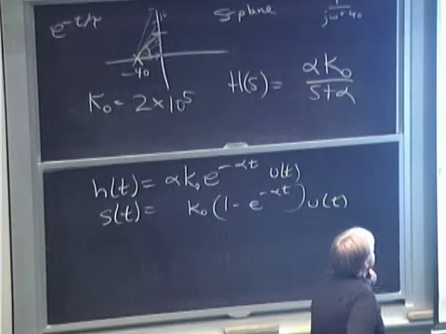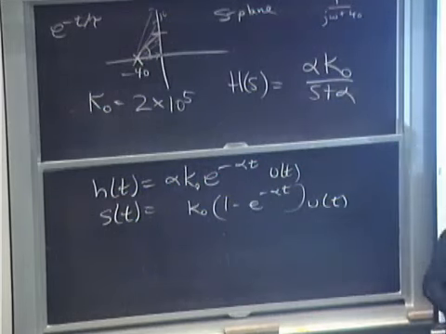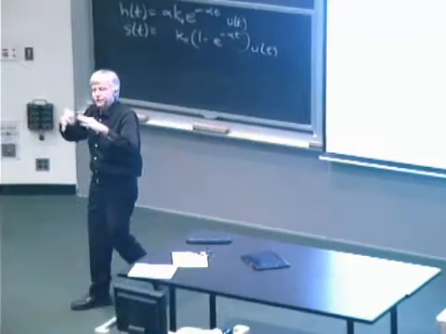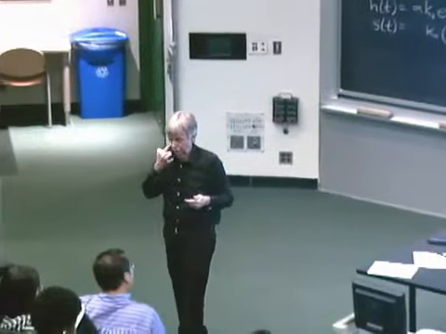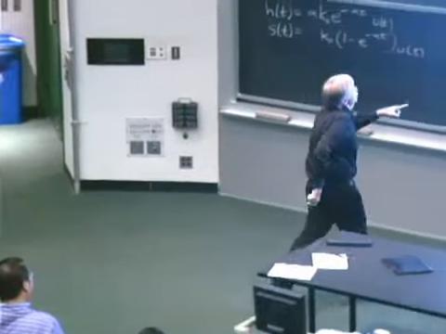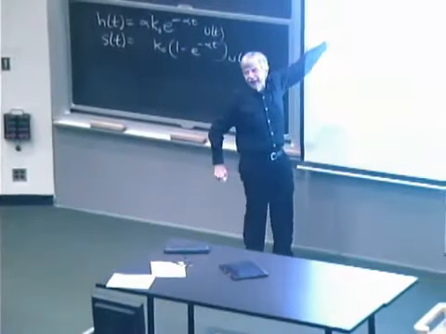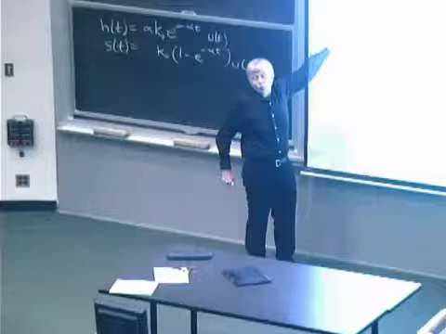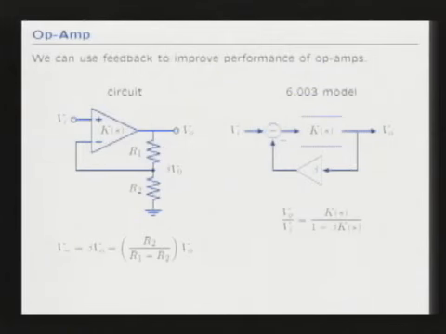So the idea would be we don't use the op-amp just out of the package the way it comes. We put it in a feedback loop. So for example, here you could put it into a non-inverting amplifier where you take the output, divide it by a voltage divider, and feed that back in. In 6003, the way we'll think about that is that the effect of this plus and minus input is to take the difference between two signals,